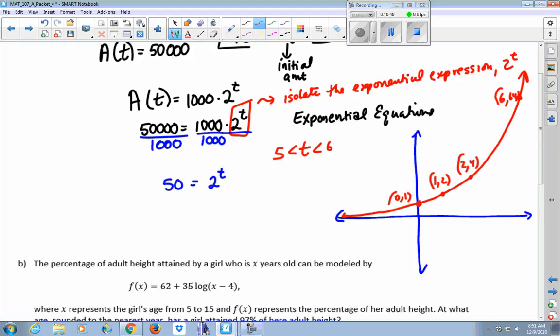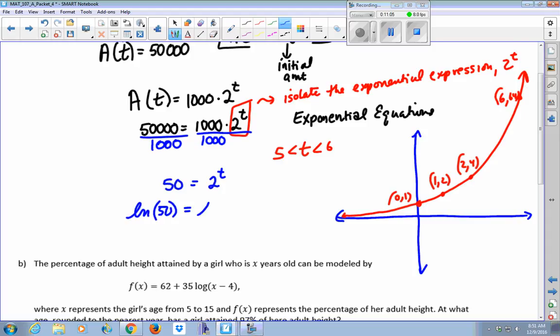And that falls from the change of base formula. If you ever look back and you want to see why this works the way it does, I can show you. So for now, all you need is a process of how to get that t so that we have a solution here. So take the natural log of both sides. Take the common log. It does not matter. So let's take the natural log,